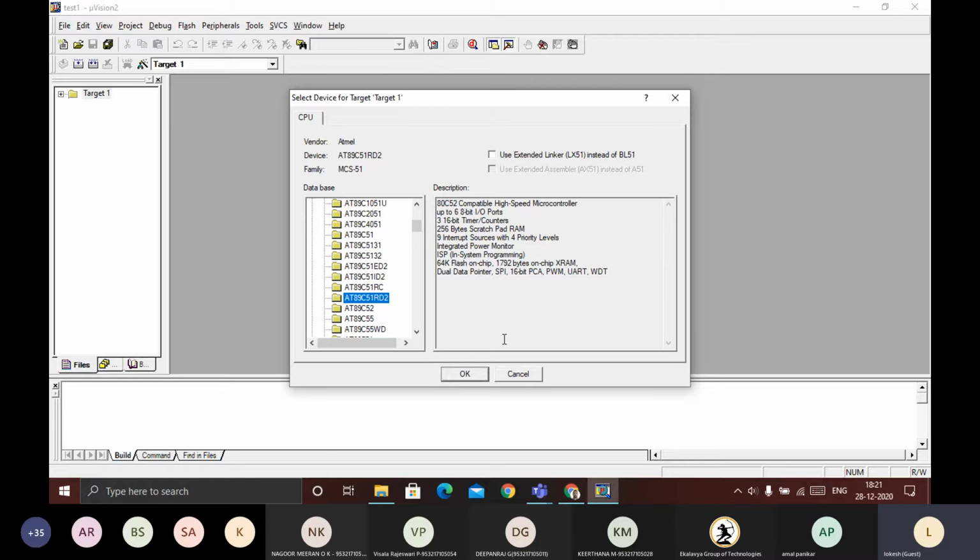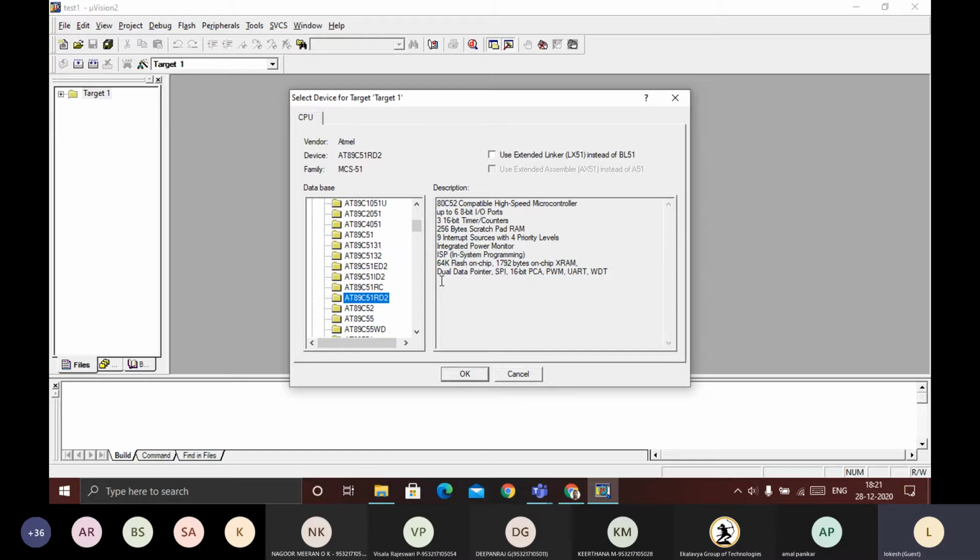In-circuit programming and in-system programming can be done. It has 64 kilobytes of flash on chip, so we can put the code in the 64 kilobytes of on-chip flash, and 1792 bytes of on-chip XRAM. That is going to be off-chip; XRAM is the external RAM, we can say that.